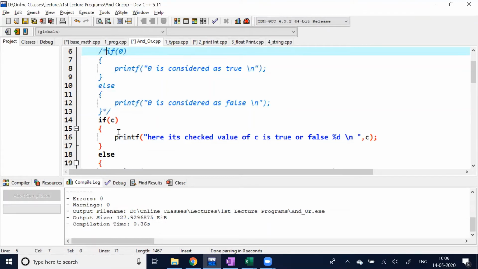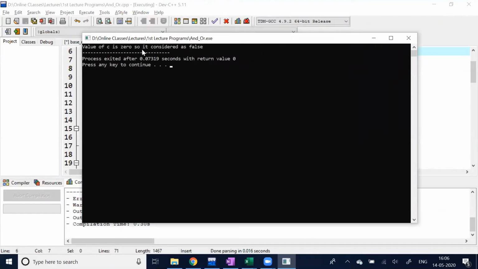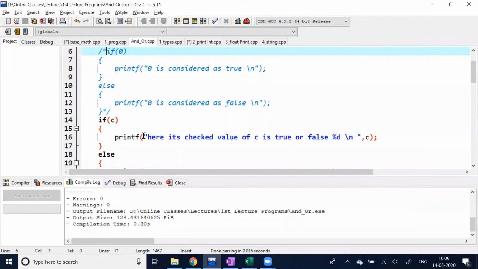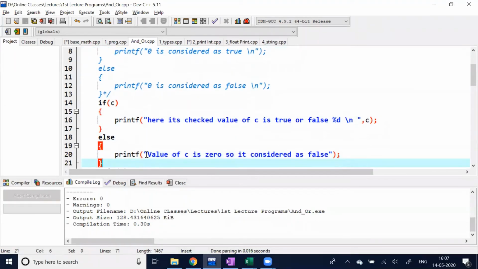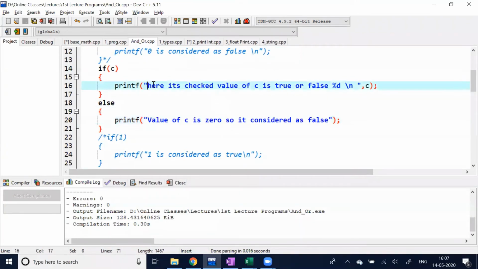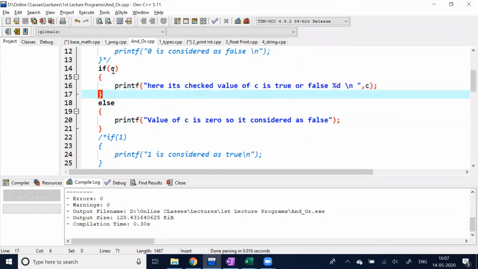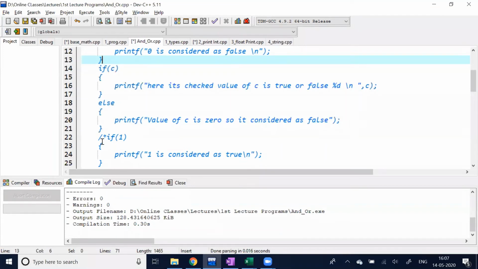So in that case also it is considered as false. You can see the value of c is 0, so it is considered as false. That is written in the else statement. This line was not printed. So your c is now 0, so it was considered as false.